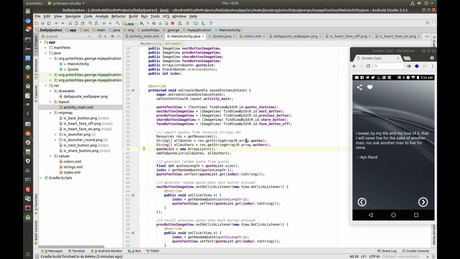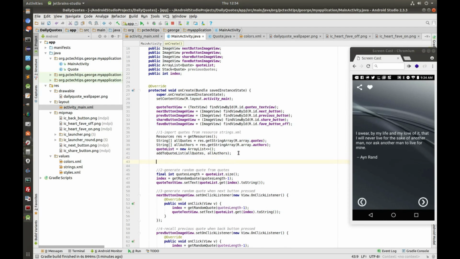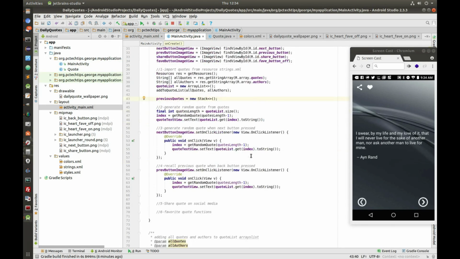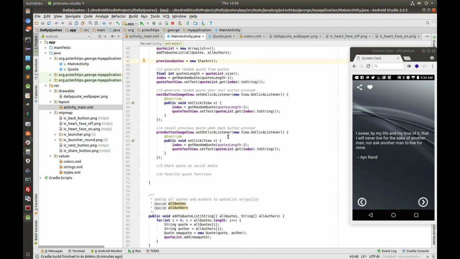So I'm going to initialize it somewhere up here. I'm going to say previous quotes, and I'm going to say new stack. And so next here in the previous button on click listener, I'm going to delete this,